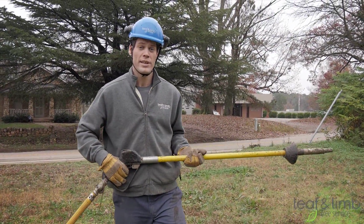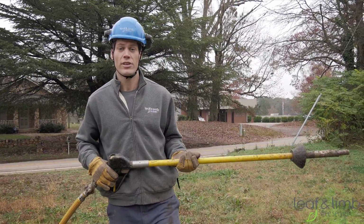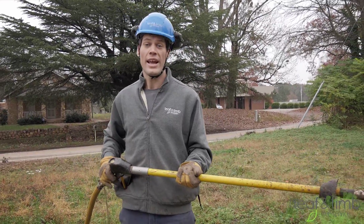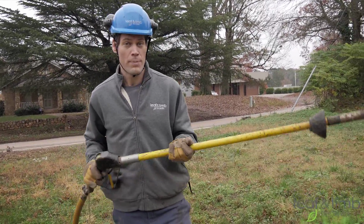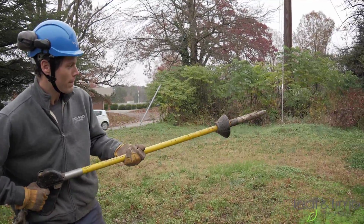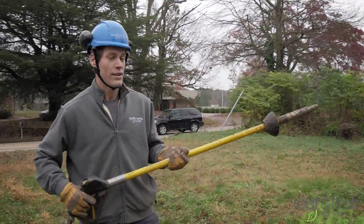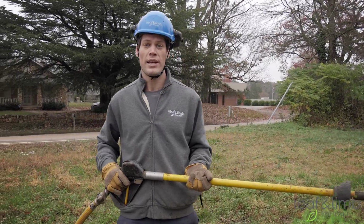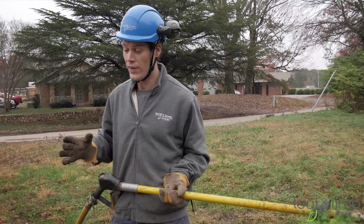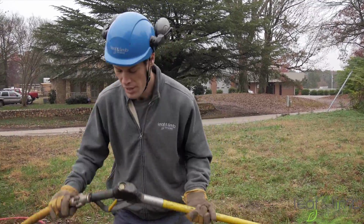The next step is to introduce aeration into the soil. Everything that's alive, which is most of the soil food web and the tree's roots, they all need air in order to survive. The best way to do that is using an air tool. This tool uses high-speed air to turn the soil without damaging the tree's root system. It's very effective at getting air into the soil. But before we begin,